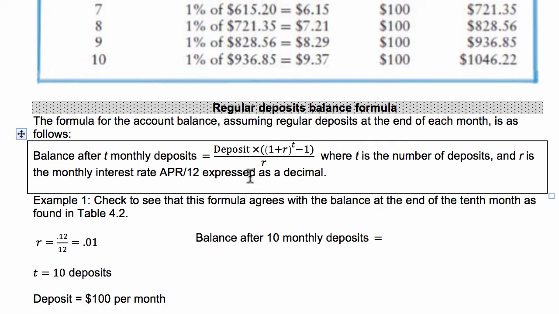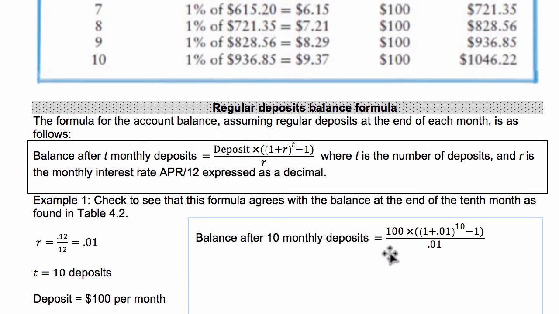Substituting all of this into our formula, we get the balance after 10 monthly deposits is equal to 100 times the quantity 1 plus 0.01 to the 10th power minus 1, divided by 0.01. You should pause the video now and use the calculator that you will be using for homework and exams to calculate this quantity. Then resume the video and make sure your calculation matches mine. After substituting this into my calculator, being careful to use all the parentheses you see here, I found the balance after 10 monthly deposits to be approximately